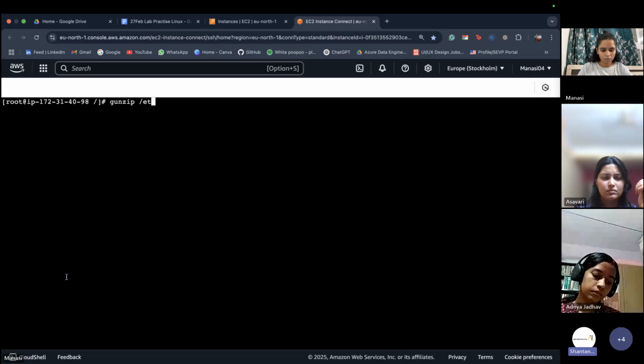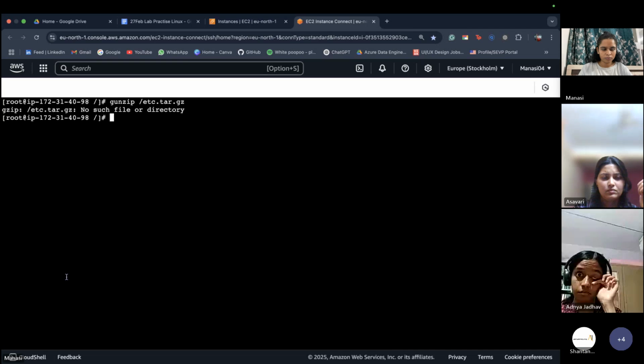So /etc. And now we have to provide the extension that is .tar.gz. So it will replace the /etc directory with this compressed file. Execute it. Okay, this is also not running.